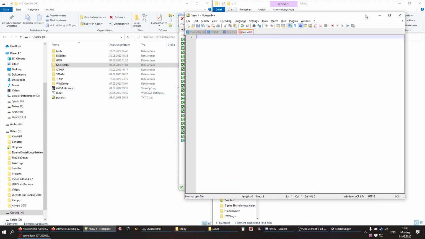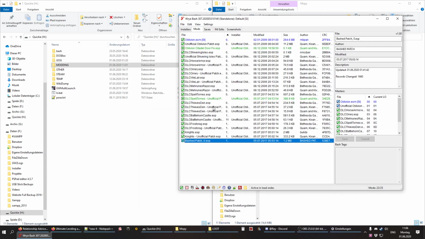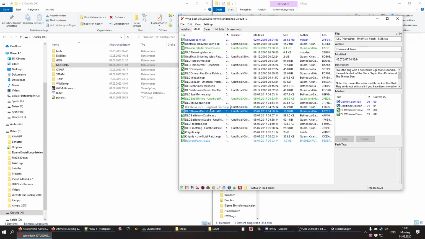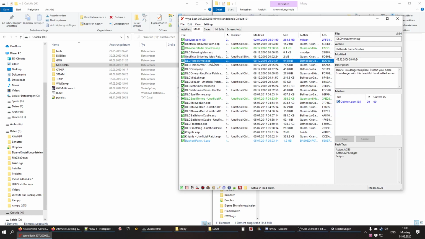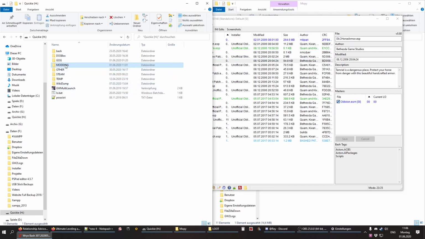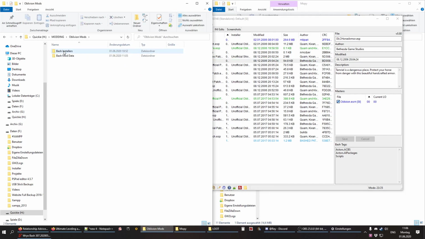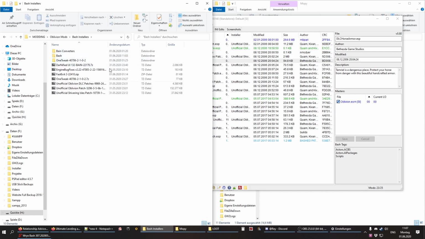So let's close this. And let's talk about backing up our clean DLCs. It is not important if you're using the GOG version like I am, but if you're using the Steam version and ever want to verify your game integrity, it would notice that the DLCs are not what it's used to, and it would probably just download the old ones and you could go through all the trouble of cleaning them again. So what we're going to do, we go into our Bash Installers directory, create a new directory and call it